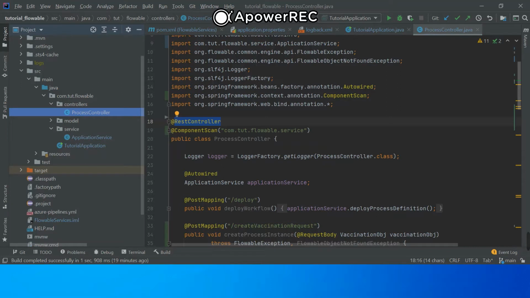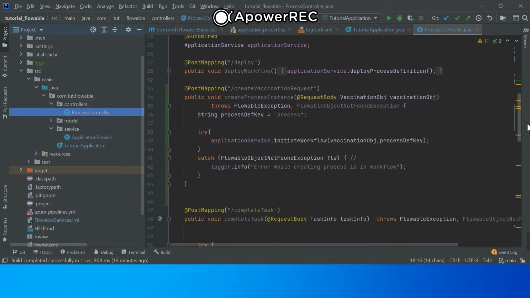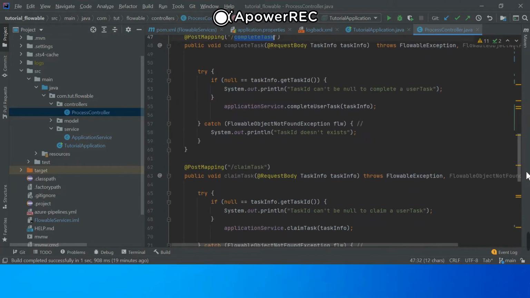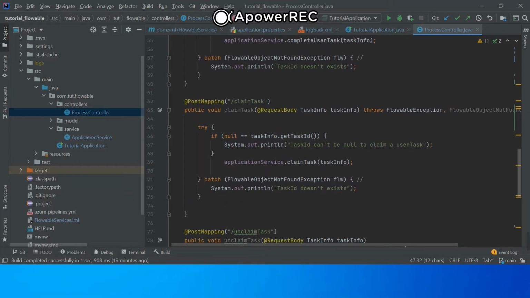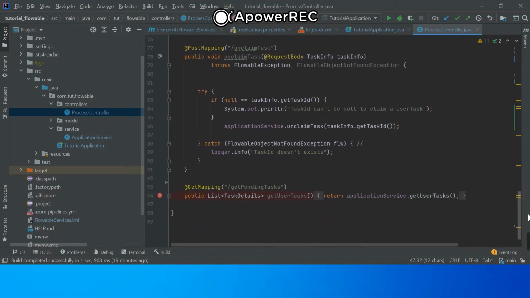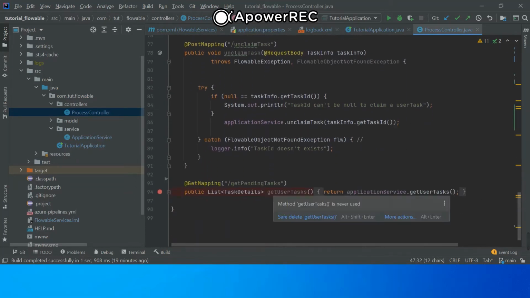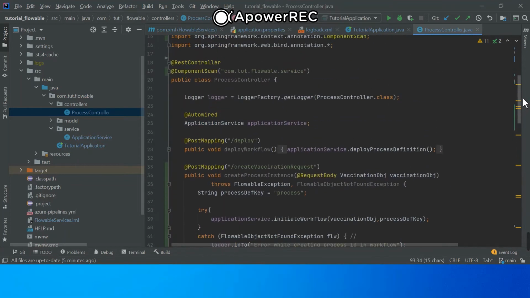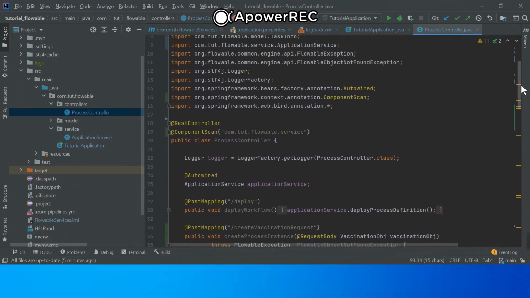Here we have written all the endpoints for deploying an application, for creating a new request, for completing a user task, also for claiming a task, for unclaiming a task, and for getting the user request or active user task in the workflow by using the get pending task. So that's a very high level overview of this Spring Boot application.